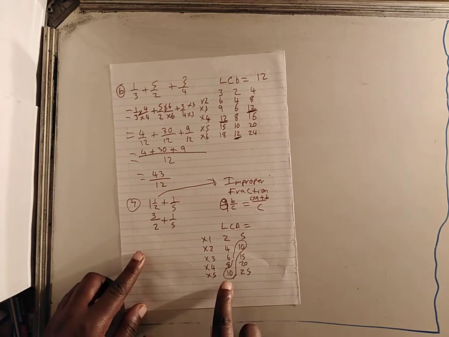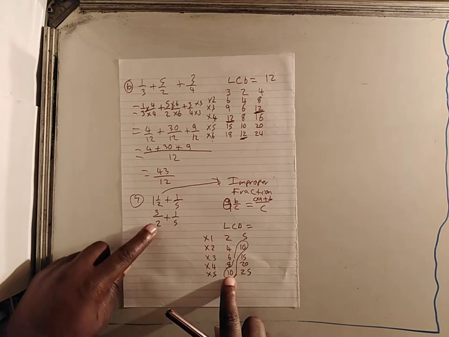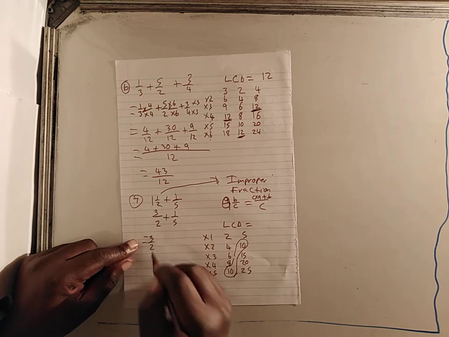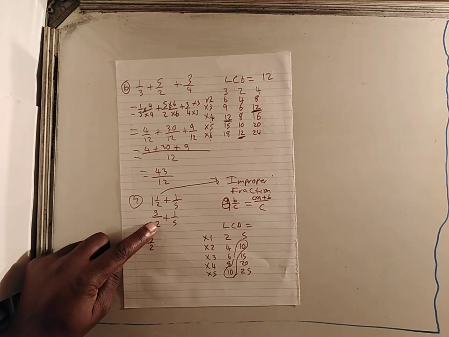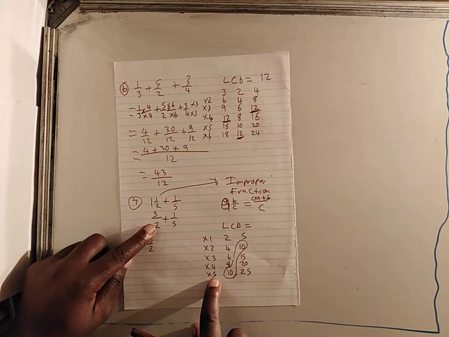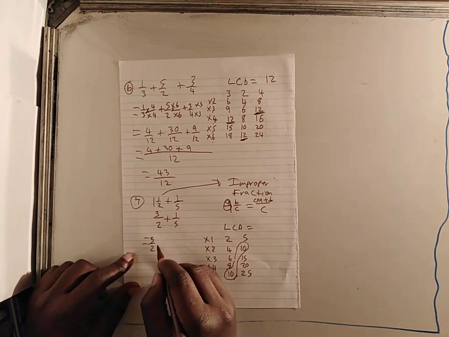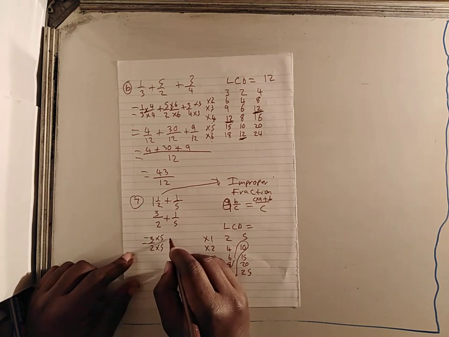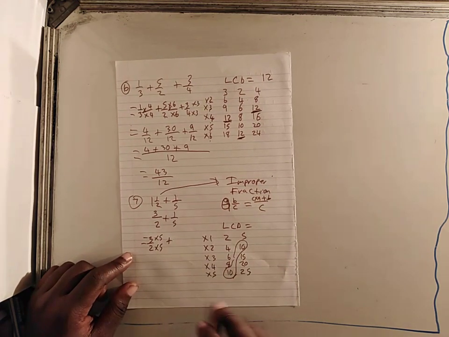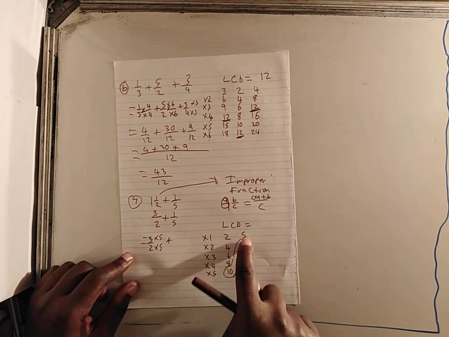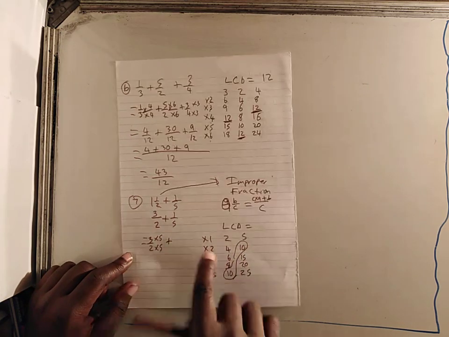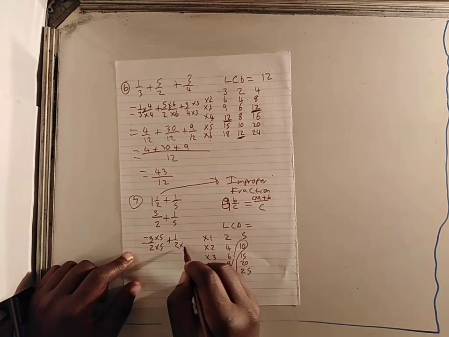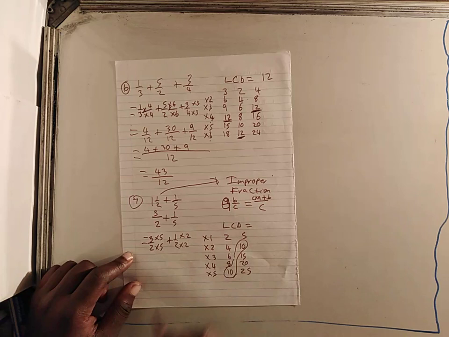Okay, now let's start with the first 10, the one that goes with 2 here. Equal to 3 over 2. How did we make 2 to be 10? We multiplied it by 5. So because of that, we're going to say multiply by 5, and then multiply by 5, and then say plus. How did we make 5 to be 10? We multiplied by 2. So because of that, we'll then say 1 over 5 multiply by 2 multiply by 2,